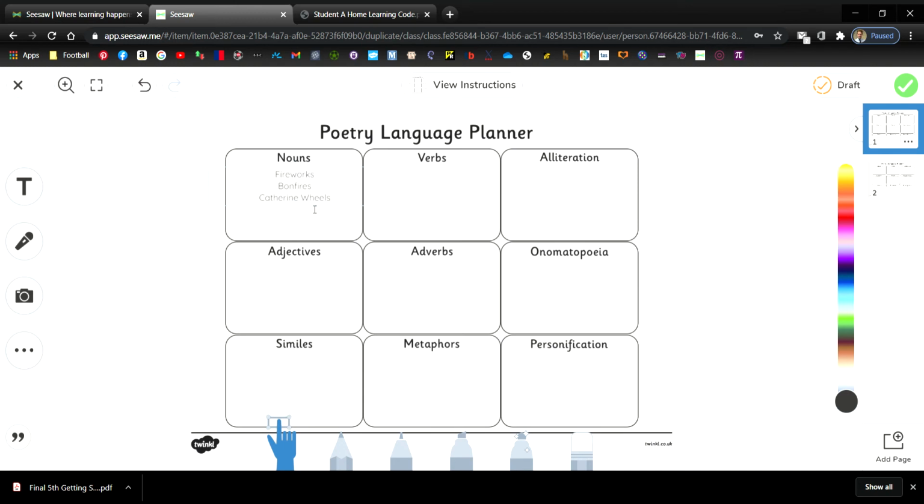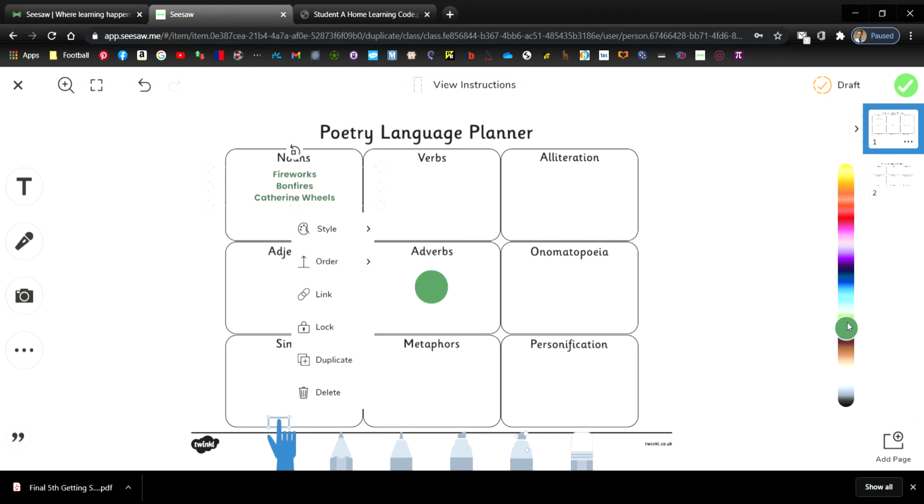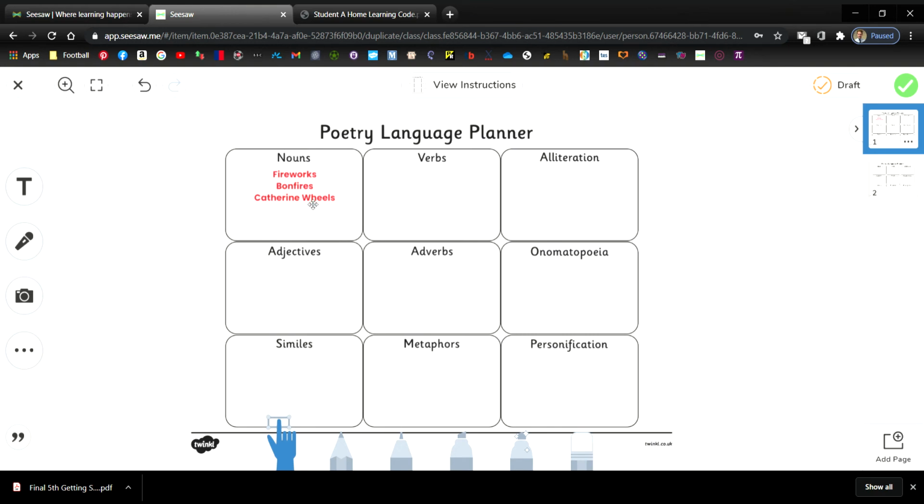I'm not quite happy with the colour of the text, so if I just go back on, I might have classic text. Maybe if I want to change my colour, I can just go down here on the side, and as I scroll up you can see I can get different colours. Red seems appropriate, so I'm happy with the work that I've got in there. I can always add to it by just clicking back on, and I might say